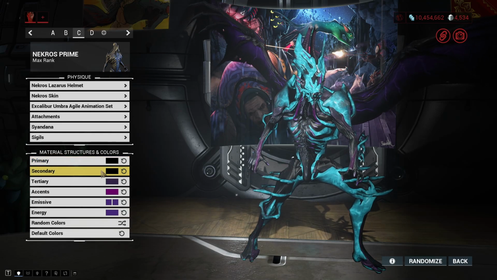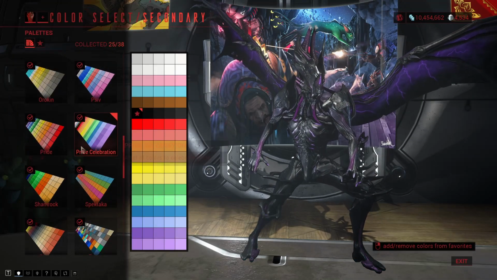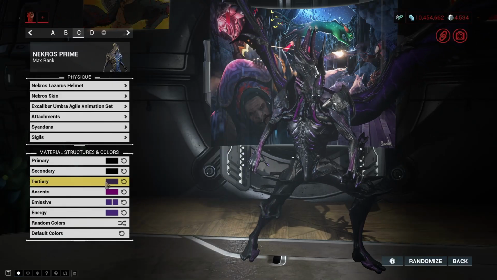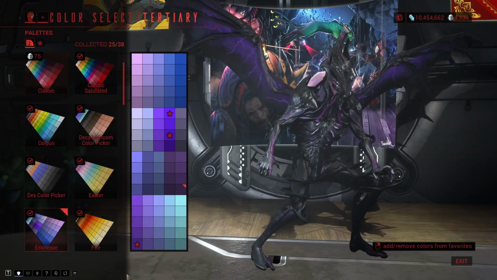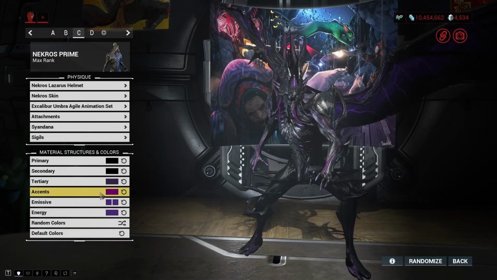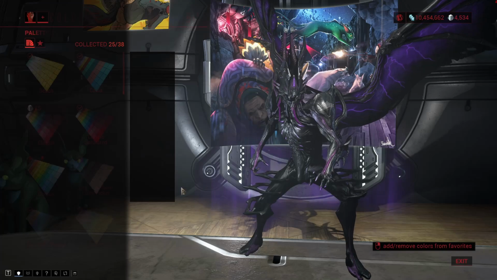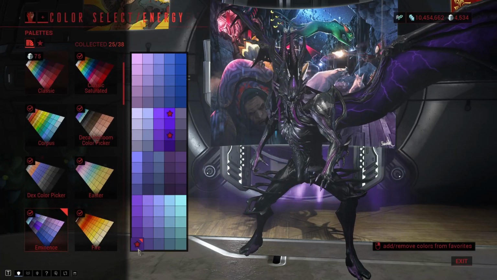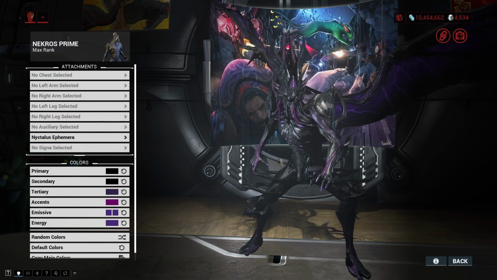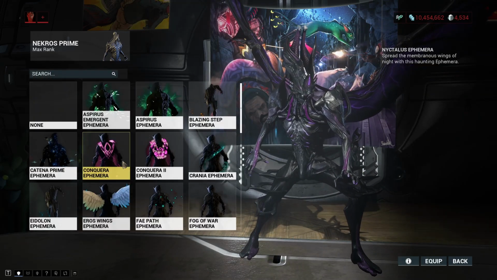And for colors, both primary and secondary are the darkest black we have, which is also available in the smoke palette. The tertiary color we pick from the Eminence color palette, and we go with this dark purple. The accents we pick from the Hallows Eve color palette, the very first color. And emissive and energy, again from the Eminence color palette, on the bottom left, the purple. For attachments, we only really use the ephemera, we just copy paste the colors, and that's it. Alternatively, you can unequip the ephemera,